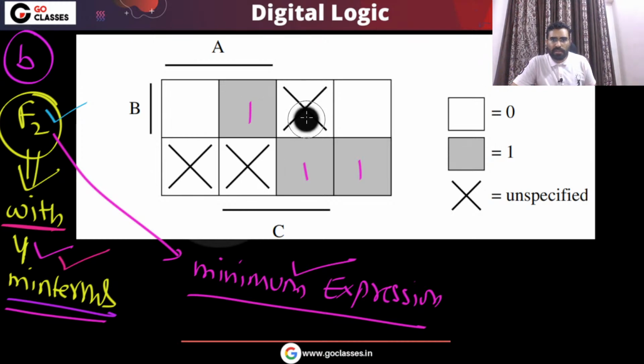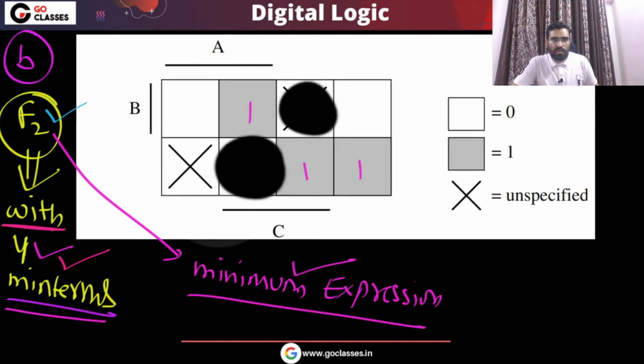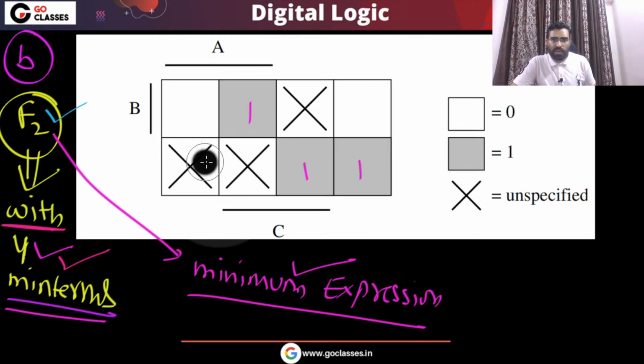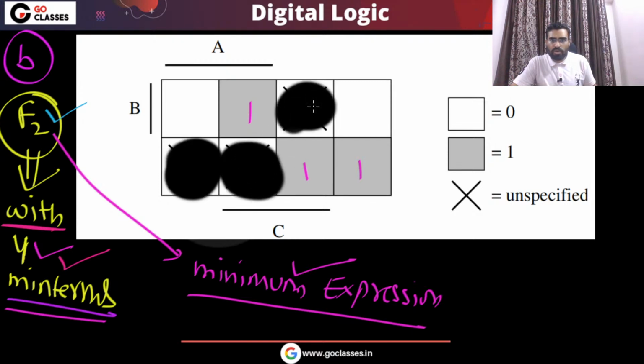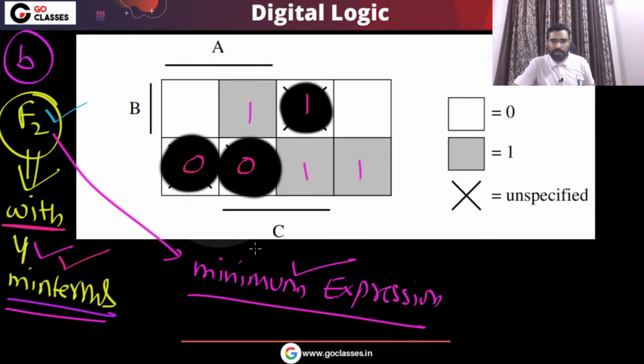Or should I make this one? Or this one? So which one should I do? Which will give me the minimized expression? See, if I make this one, then what expression am I going to get? You can check it out. Here the expression you will get is,